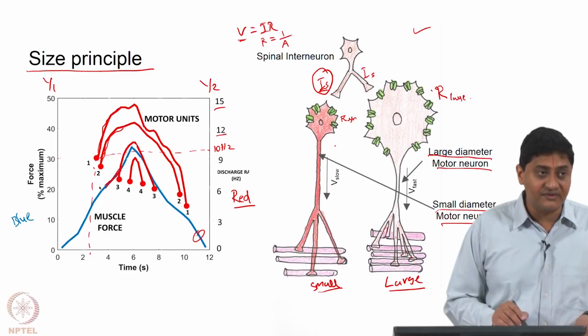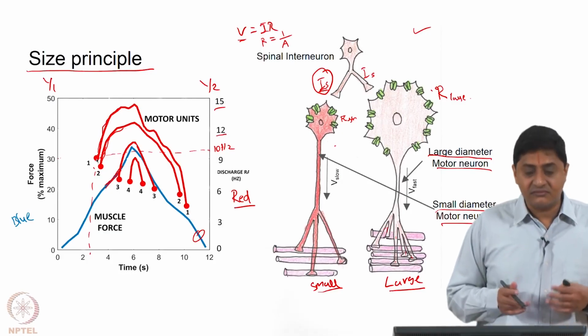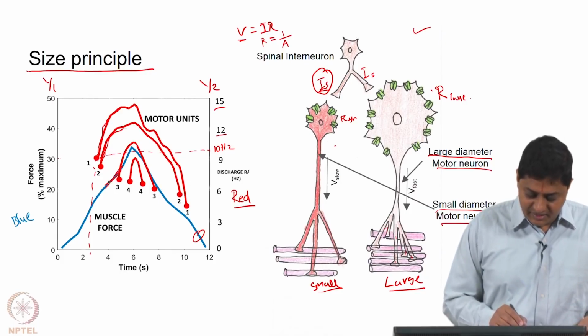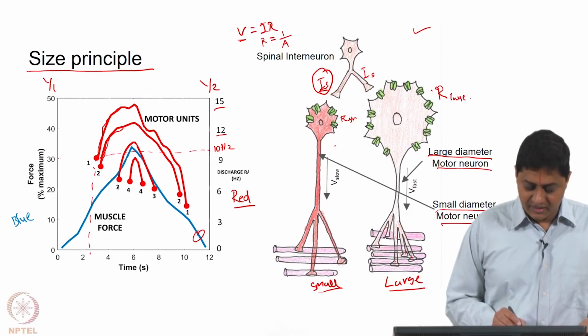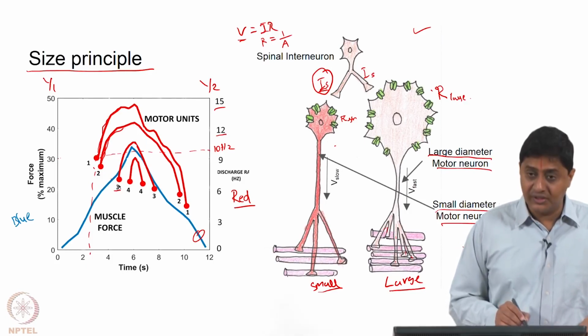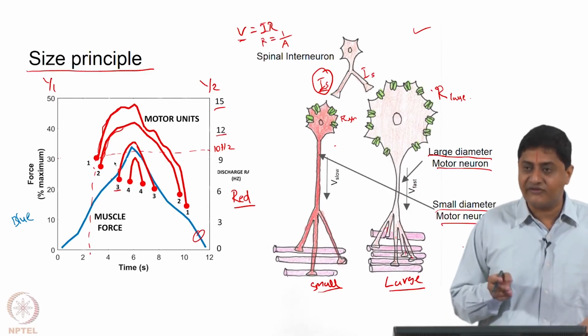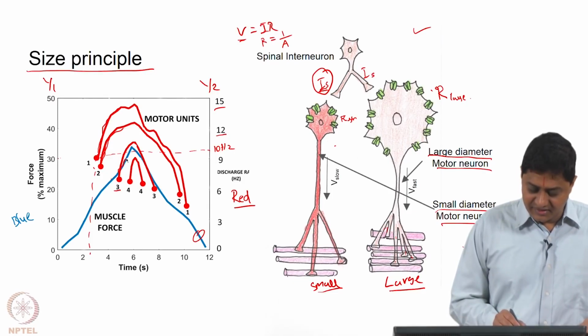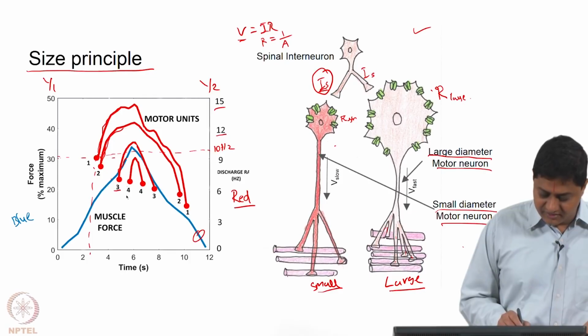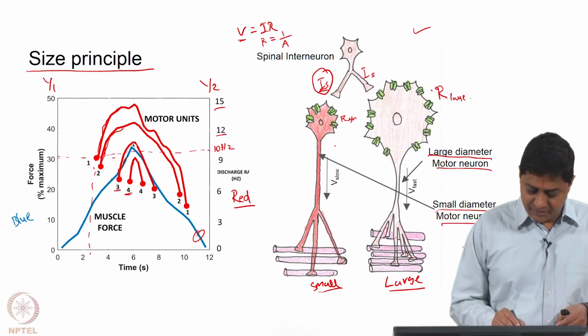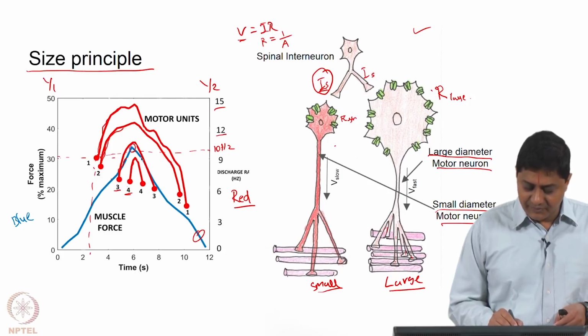This is the output, blue line is the output, which is the force, red lines are the input for the case considered, right. So, as the red lines keep increasing, the blue line also keeps increasing, right. Then at some point I am recruiting a new motor unit. As I recruit this motor unit and change its discharge activity, change its firing rate, it causes a further increase in force. Then a particular point in force is reached where this guy is going to be recruited, and its firing rate also keeps increasing, and at some point a maximum force is reached, and then I keep reducing,